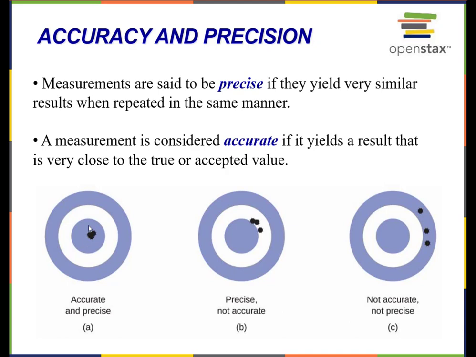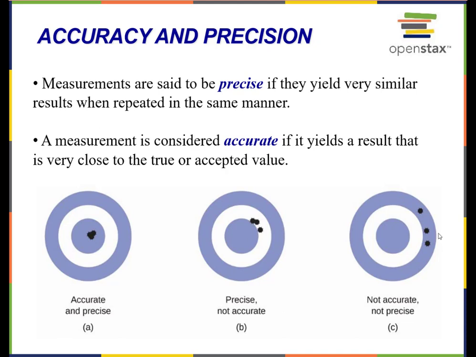So the idea here, how this applies to scientific measurements, is that when I'm performing a measurement, if I get the same value every time I make that measurement, then my measurements are very precise. But maybe I'm getting the wrong value. So maybe I'm weighing something that weighs 5 grams, and every time I put that object on the balance, it says 5 grams, but that object actually weighs 4 grams. So that would be just like this example here. I'm always getting the same result, 5 grams, but it's not the right result. So maybe there's something wrong with my balance in that case.